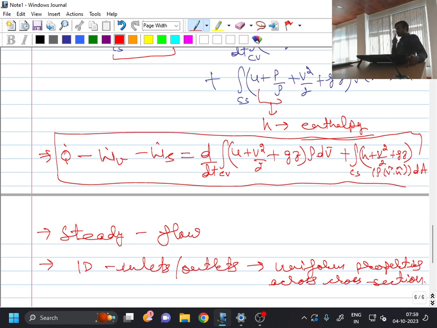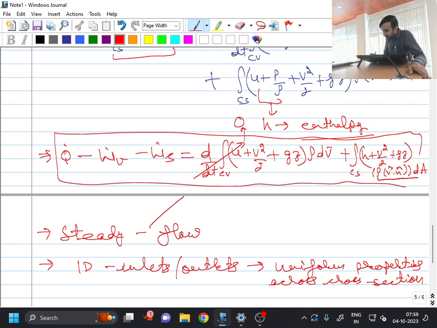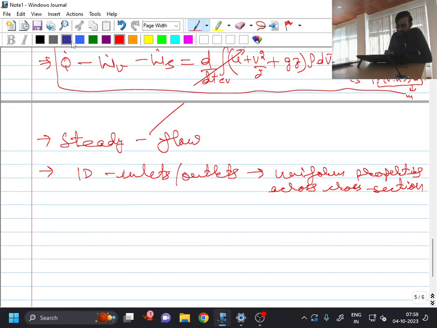Fine. So now if I invoke these assumptions, then once I invoke the steady assumption, this first term becomes 0. Now this integral over the control surface can be converted into a summation sign. And this product of rho v vector dot n cap into dA becomes nothing but my mass flow rate. Fine. So after I invoke these 2-3 assumptions, I will get that